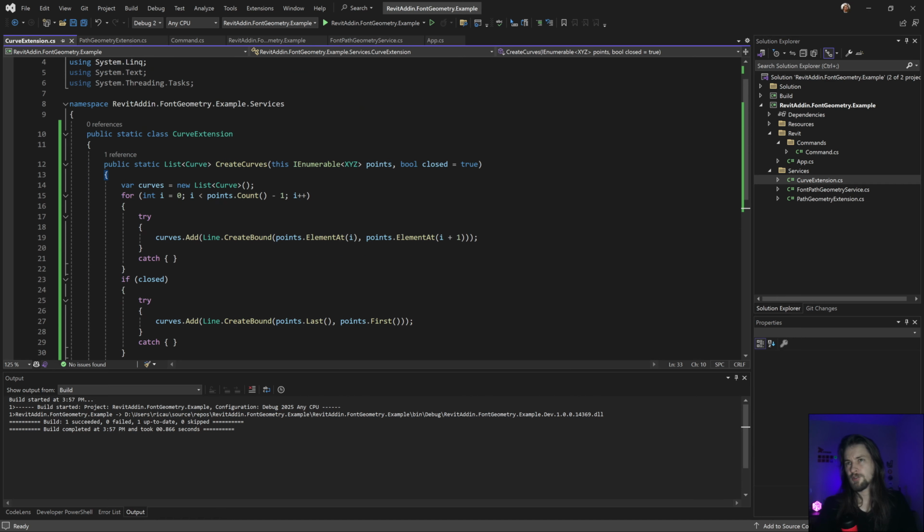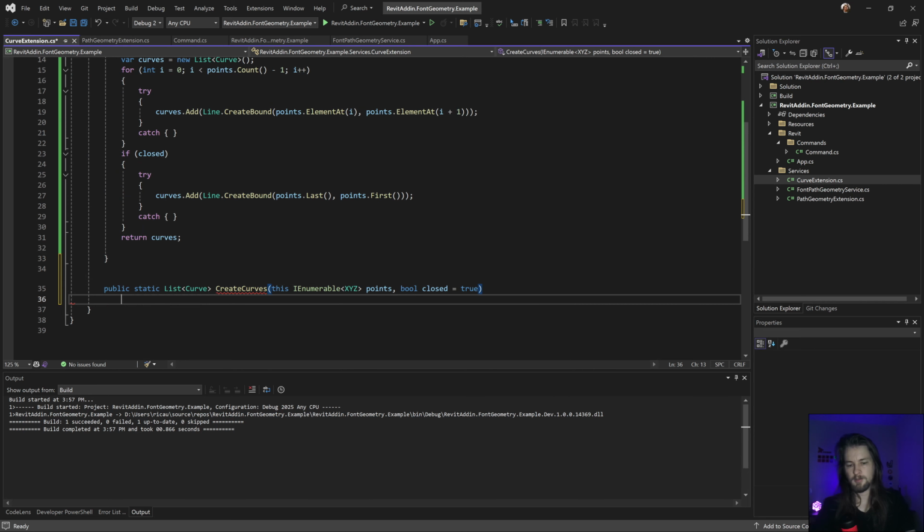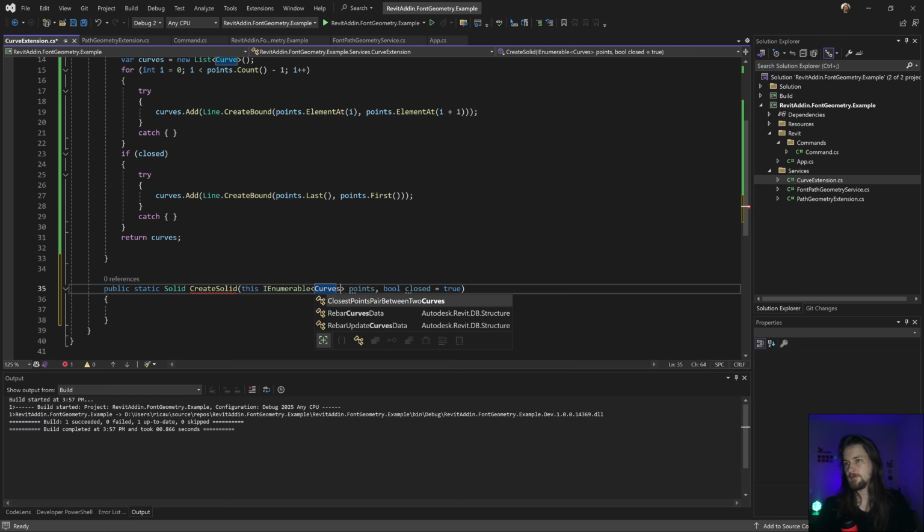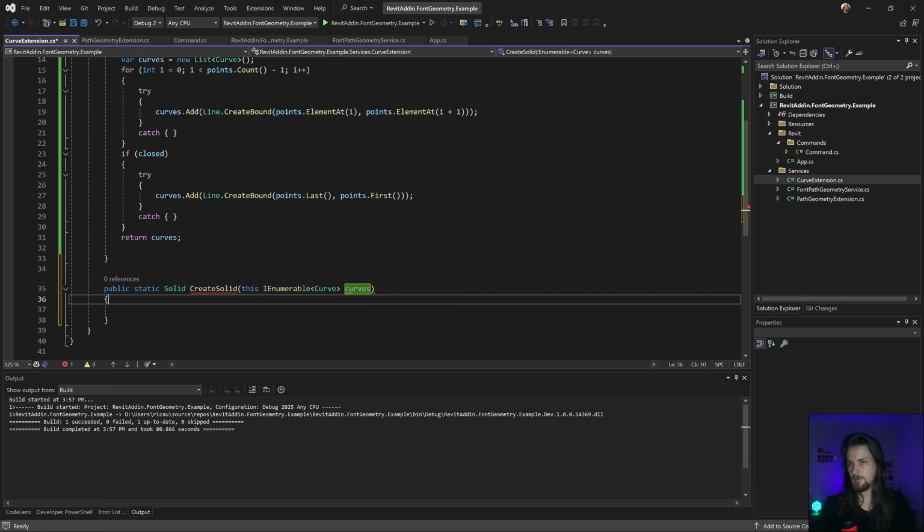I'm not gonna check anything. I can do the same with solid, and create solids, I guess. And I'm gonna add curves in here. Curves. Yep. I don't need this. Yep.